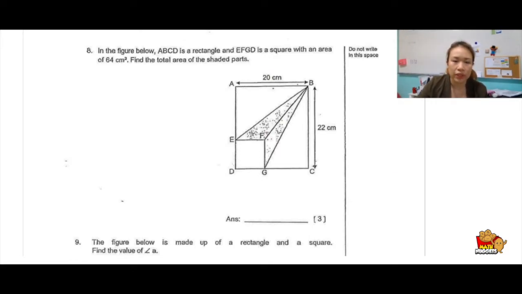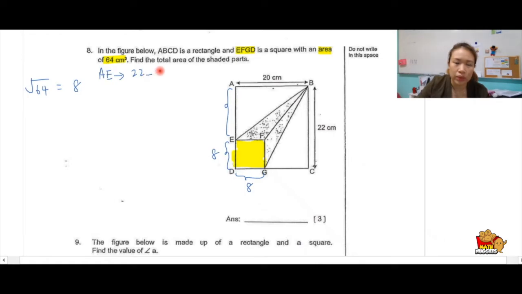Question 8, we're supposed to find the total area of the shaded parts. So you know the clue here that EFGD, the square in there, has an area of 64. This square has an area of 64. So if we know that it has an area of 64, we can actually square root 64 to get 8, and 8 is one side of the square. Okay, so if that is 8, AE,